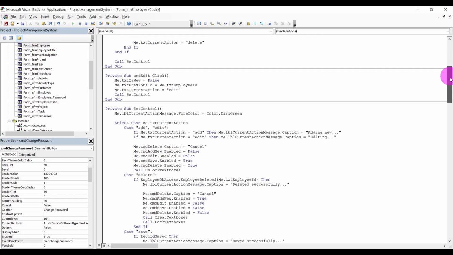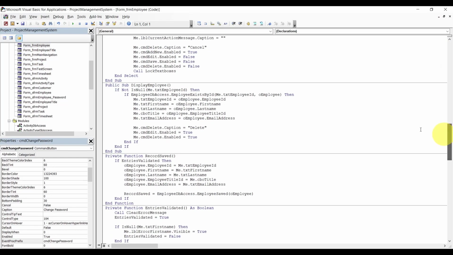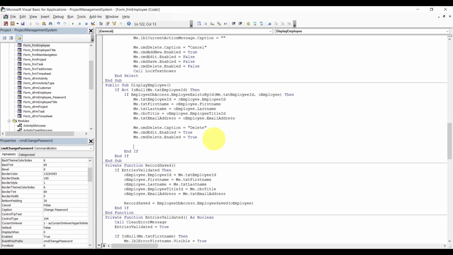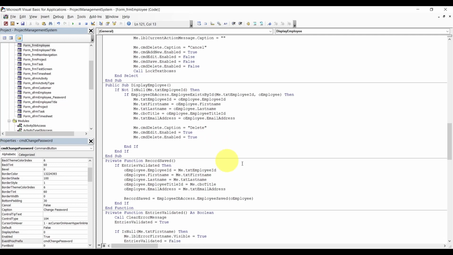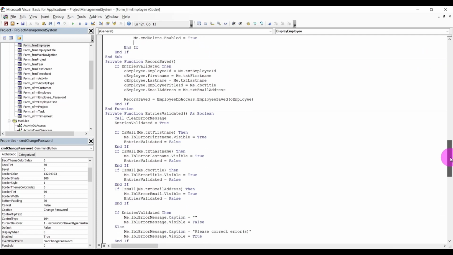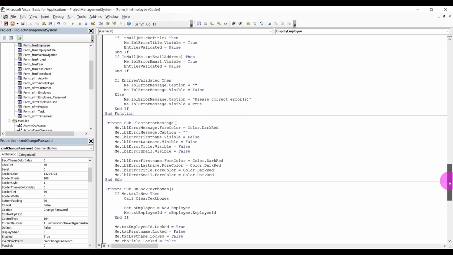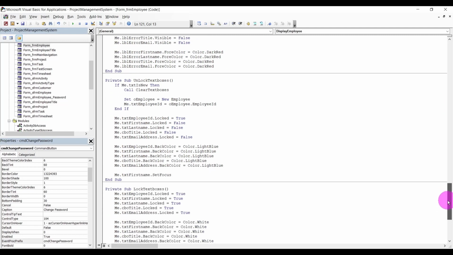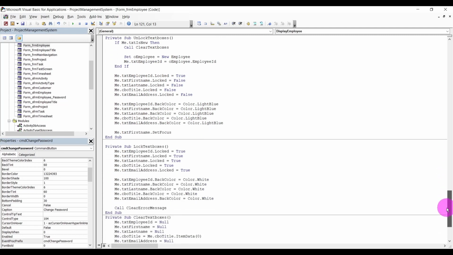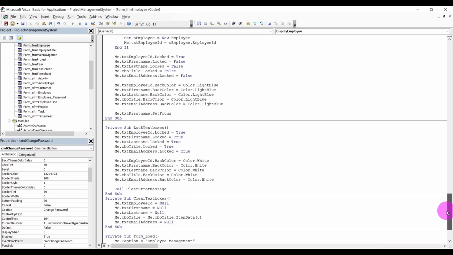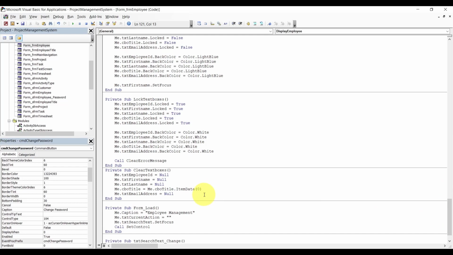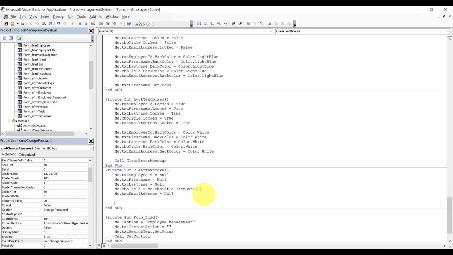When we display that employee, actually, before we do that, thinking out loud here, clear text box. Yeah, when we clear text box, we want to say me